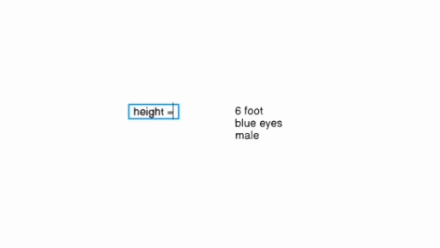If I told you to draw a 6-foot blue-eyed male person, there are 3 things you would keep in mind: the height, the color of the person's eyes, and the gender of that person. Now, during the process of drawing this person, you would have to keep in mind all these features which I've